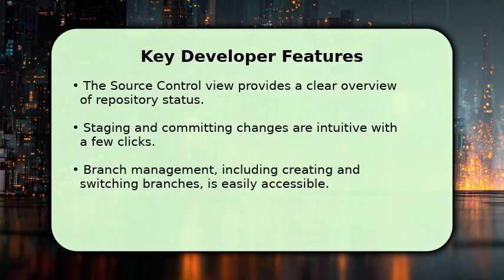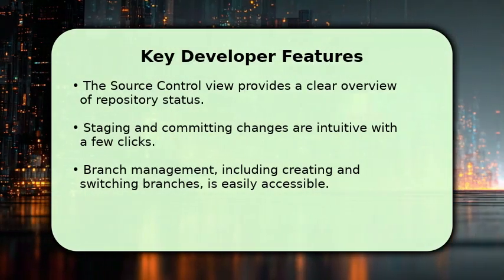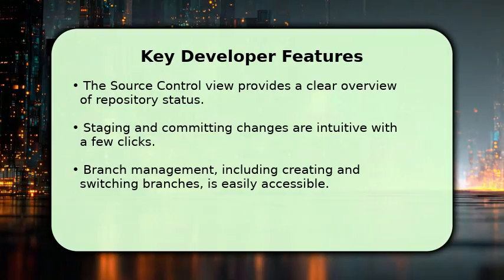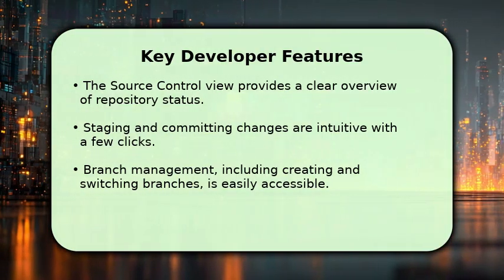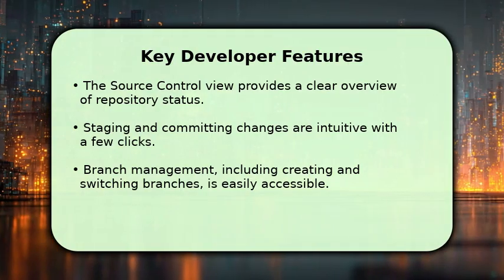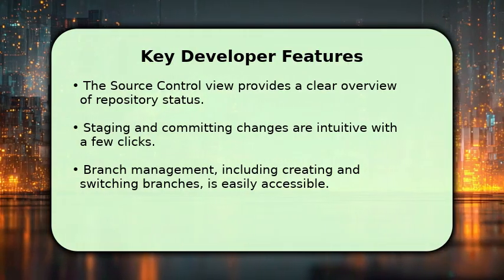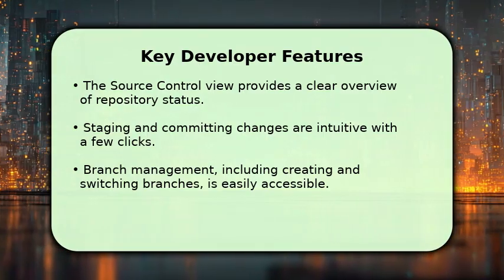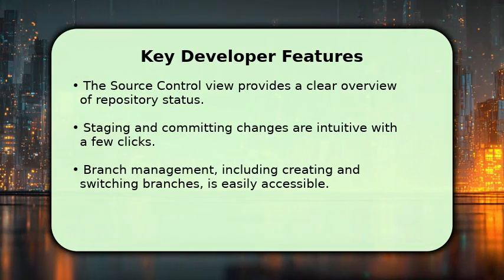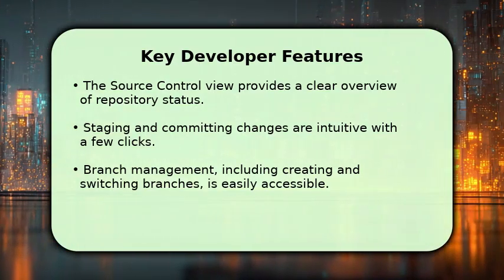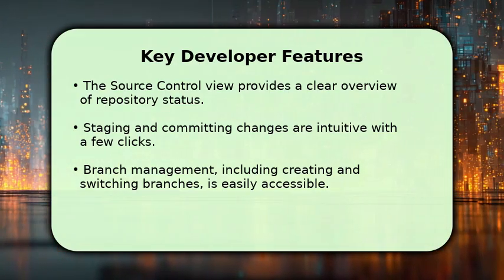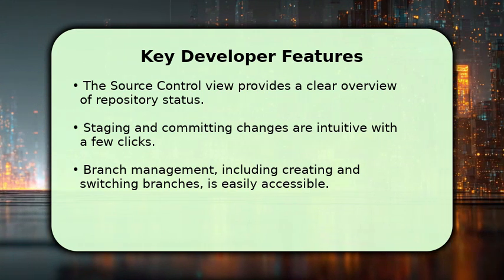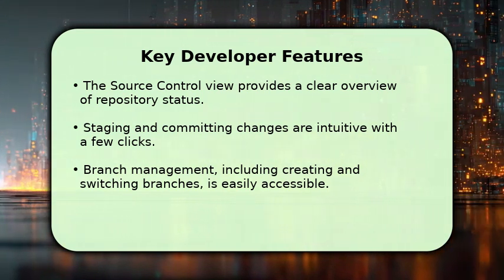The source control view in VS Code is your central hub, providing a clear overview of your repository status. Staging and committing changes are intuitive, often requiring just a few clicks. Managing branches, including creating new ones and switching between them, is easily accessible. Furthermore, remote operations like fetching, pulling, and pushing are incredibly streamlined, ensuring your local and remote repositories stay perfectly synchronized